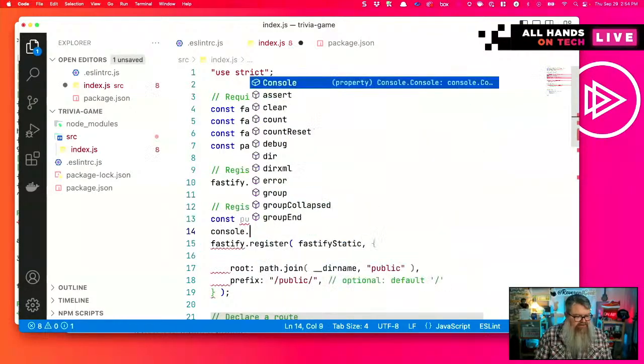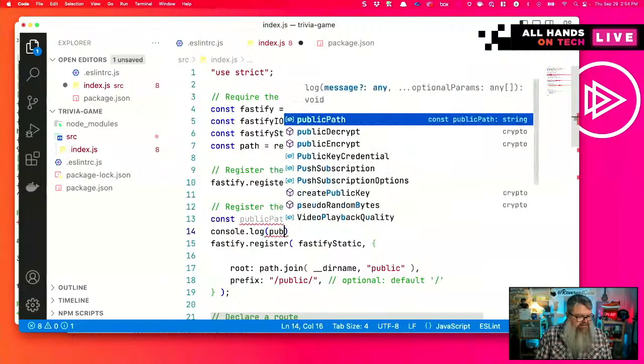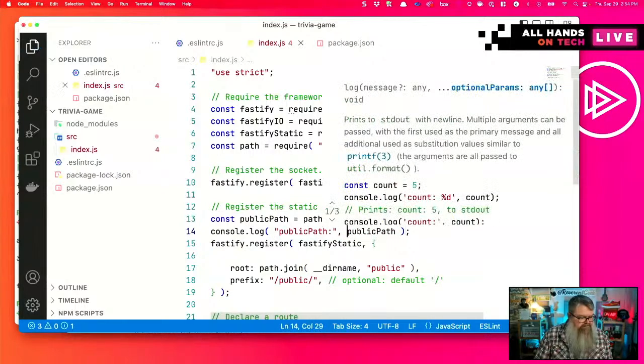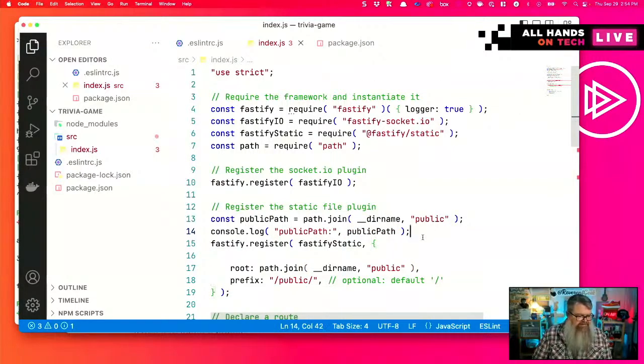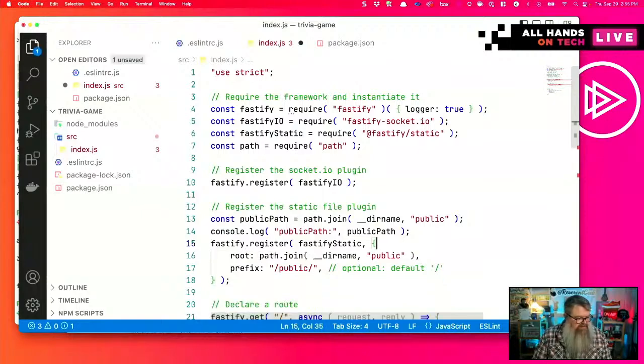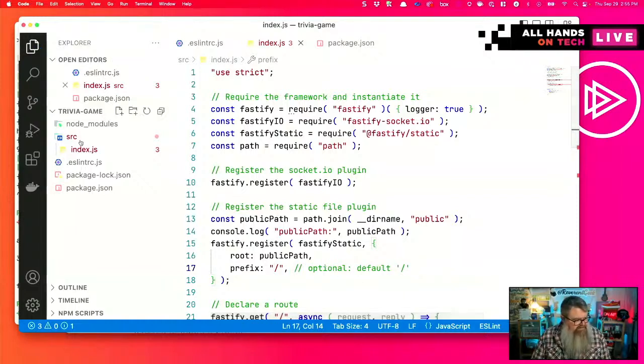So I'm going to console log this public path, just so I know I'm doing the right thing. And let's see, the root is public path, we're going to just use the root as the prefix.